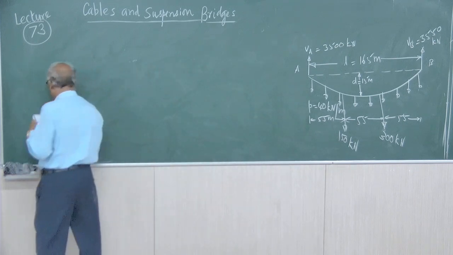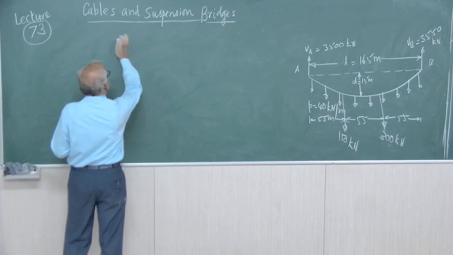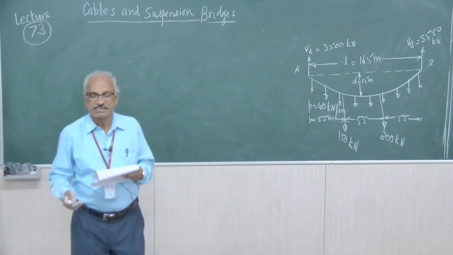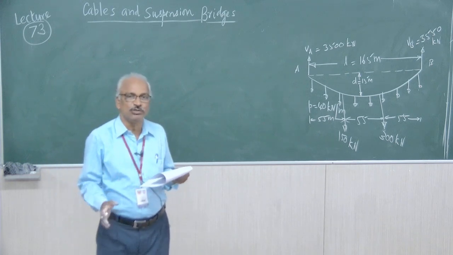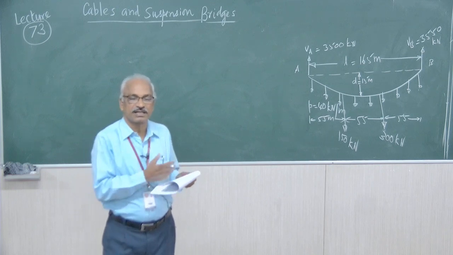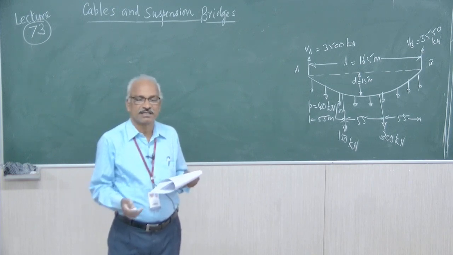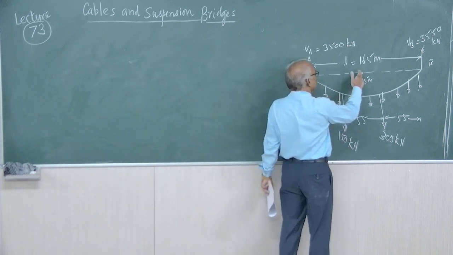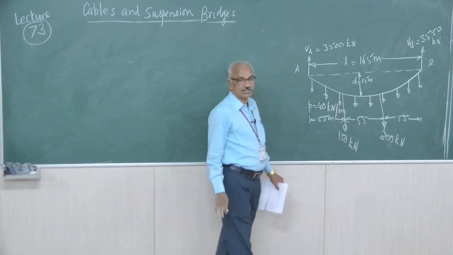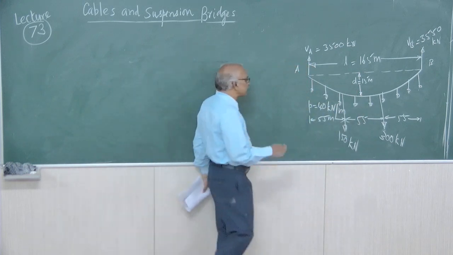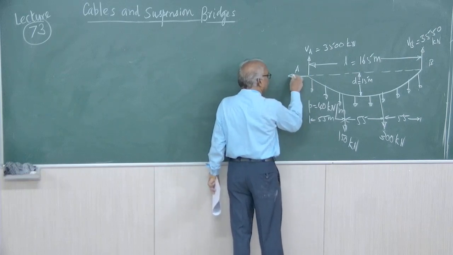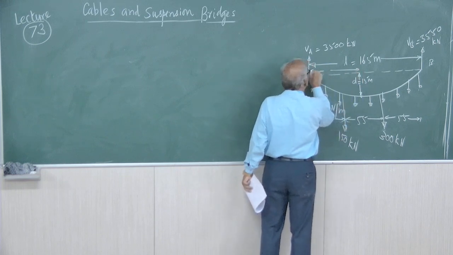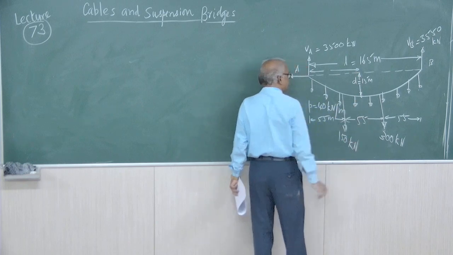Now, the horizontal tension is PL square by 8D if the cable is supported at the same level and subjected to UDL. Now here the cable is not symmetrical. So only when we know the value of the dip and also the location of the maximum dip, will we be able to find out the horizontal tension. Therefore, as it is, H cannot be found out, because when you take moment about this point, only when the distance is known will we be able to say this horizontal into this dip. So that is not known.